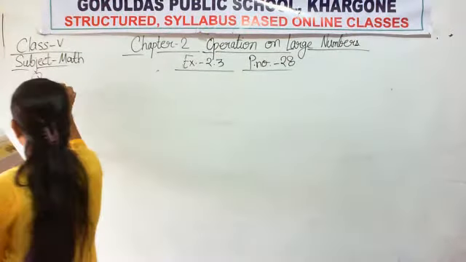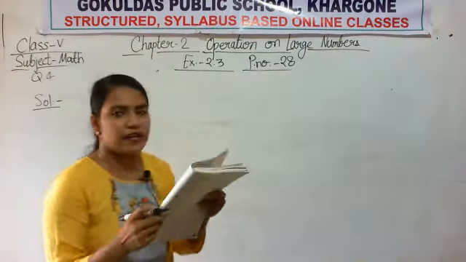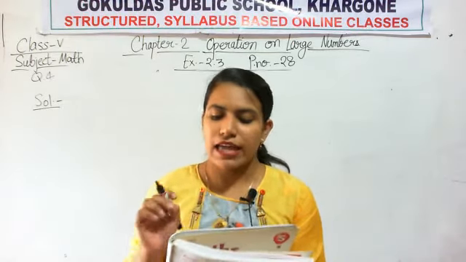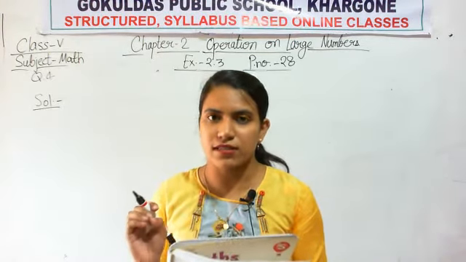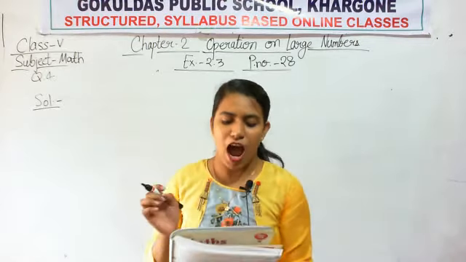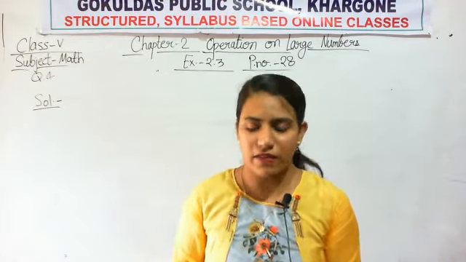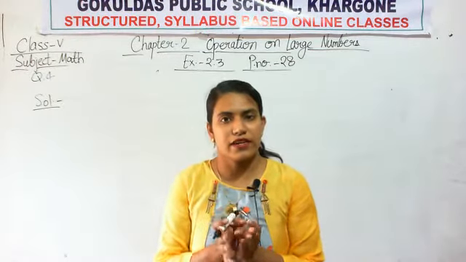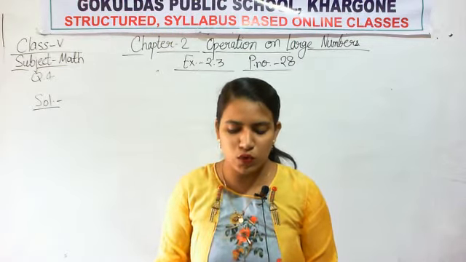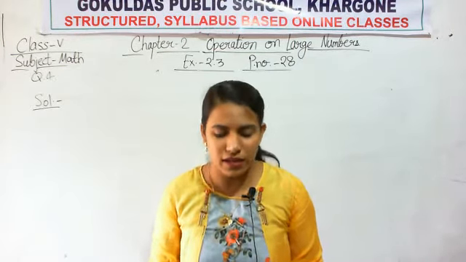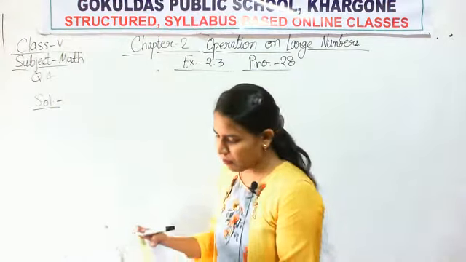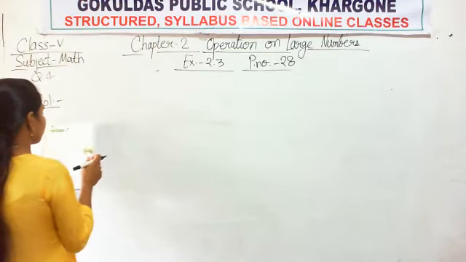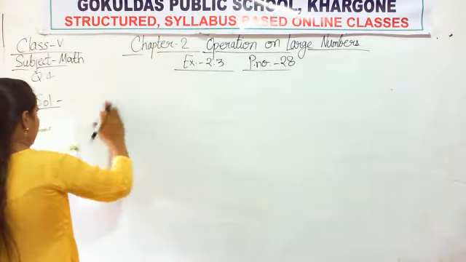68 pearls are needed to make a necklace. To make one necklace, how many pearls are needed? 68. If there are 14,620 pearls, then how many necklaces can be made? They have given 14,620 pearls to you and asked you to tell how many necklaces can be made. So here also division operations will be there. So let us do this question.